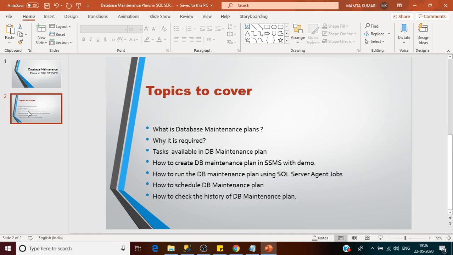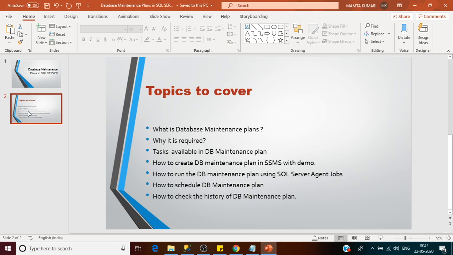So what are actually the activities and tasks involved? The very first activity is that we can create a DB backup at regular intervals. We can create the differential database backup, the transactional database backup, and the full database backup. Then we can have the file cleanup activity as well, which will also increase the performance. Then we have the rebuilding and recreating of indexes. Then we can check the DB integrity. There is a list of activities I will show you in the demonstration. So let's go and check how to create the DB maintenance plan.